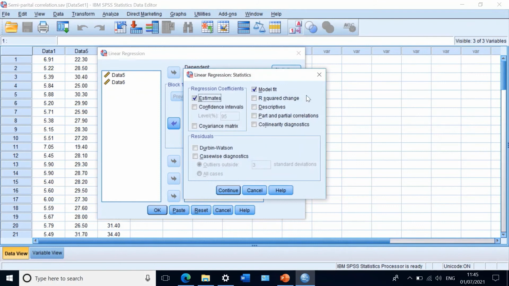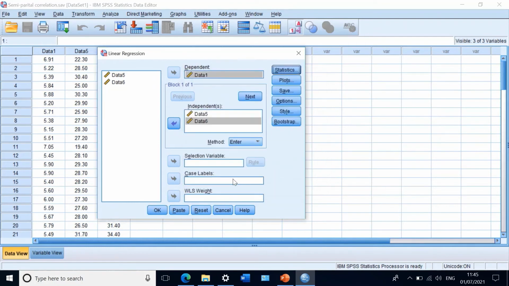On the statistics box, I'm going to tick the box that says part and partial correlations. So the software will calculate both the part and partial correlation, and I click on OK. Plots, I'm not going to make any changes, and options, no changes. Here what I'm asking the program in SPSS is to correlate data 1 with data 5, and at the same time remove the effect of data 6 on only data 5 and not on both 1 and 5. So if I click on OK,